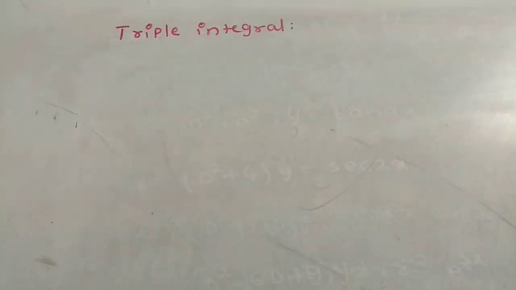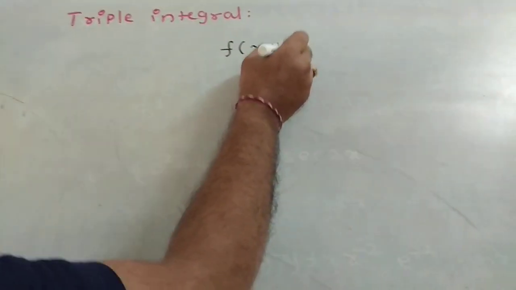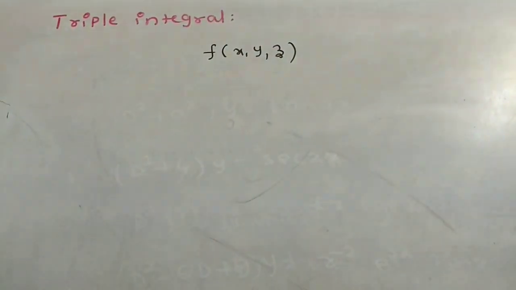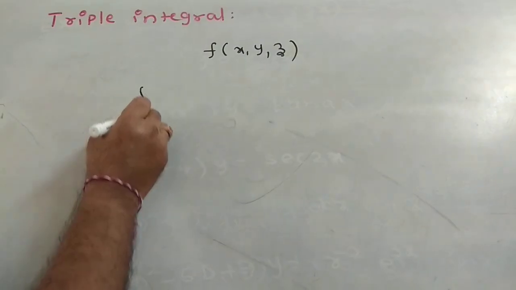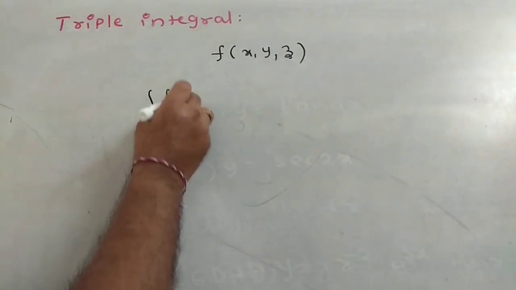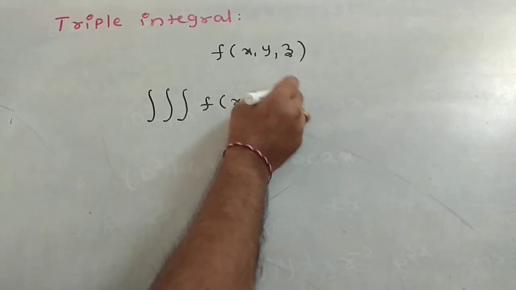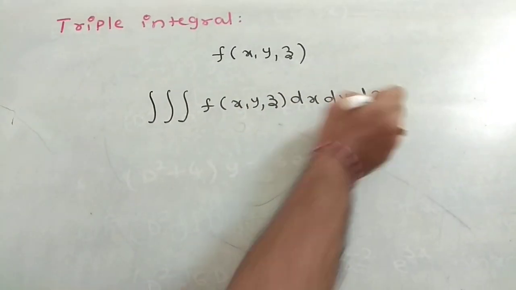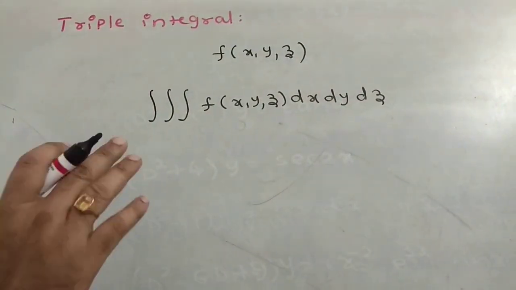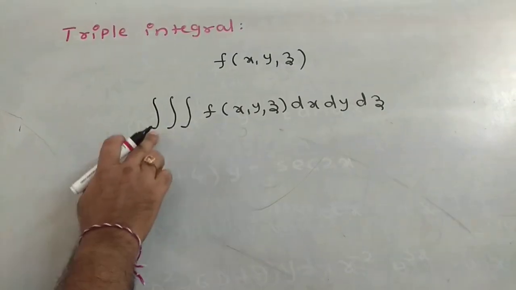Supposing that we have a function f of x comma y comma z, a function involving three variables x, y, z, the triple integral you can directly write like this. It is a triple integral of f of x comma y comma z with respect to x, y, z. Only the thing is, in order to find such a triple integral, you need to identify the integrals